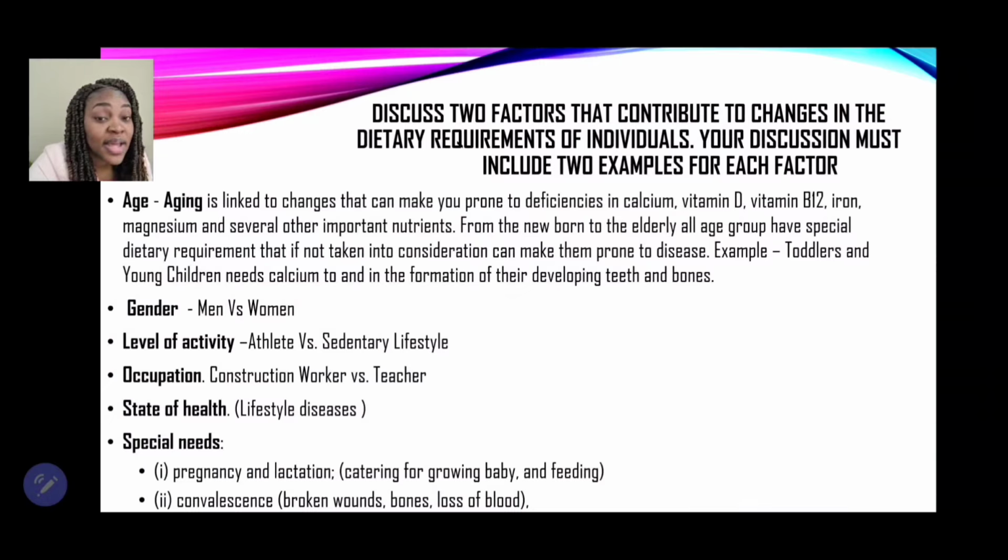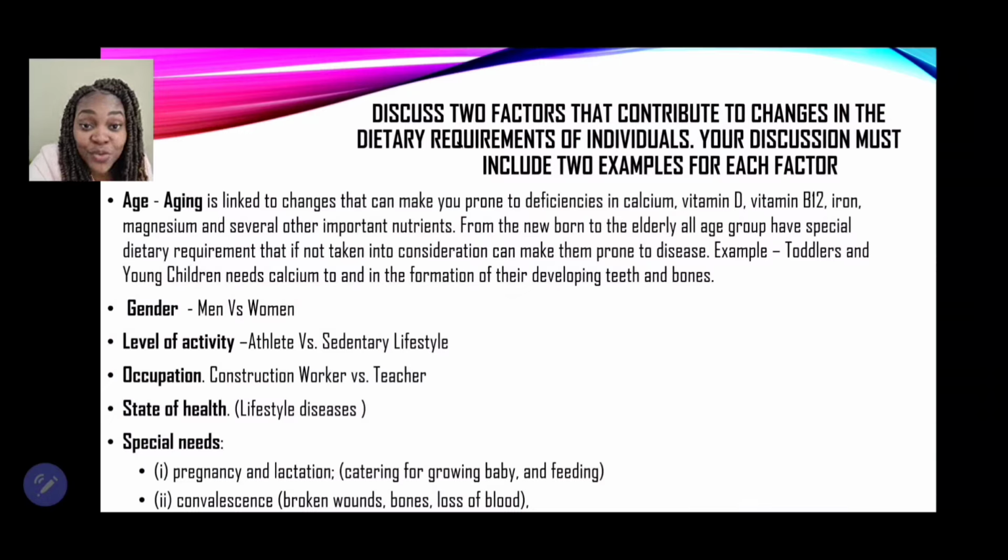Look at all the energizing activity that they have to do versus someone with a sedentary lifestyle. So someone who is not really active, for example, maybe like an office worker, right? An occupation, let's think of a construction worker versus a teacher. State of health, if the person is anemic, if the person is diabetic, if the person has hypertension, this person